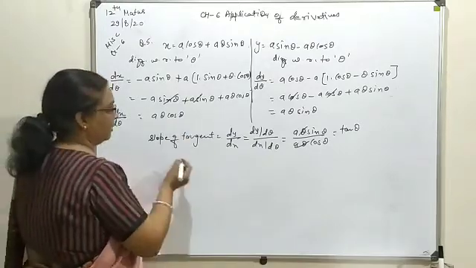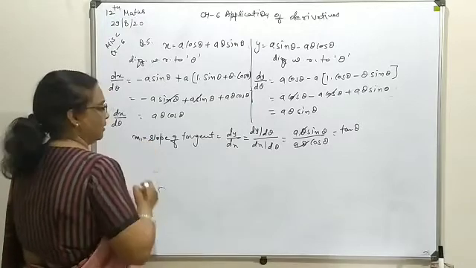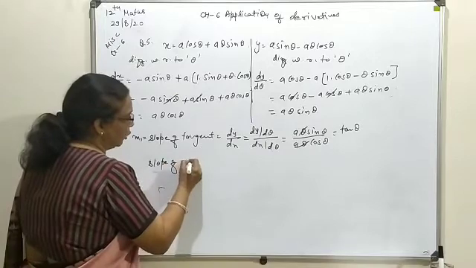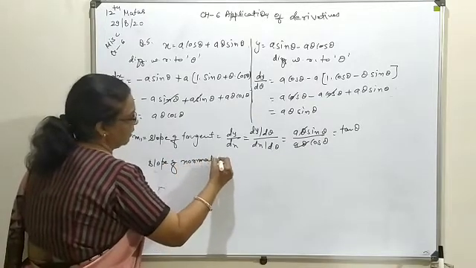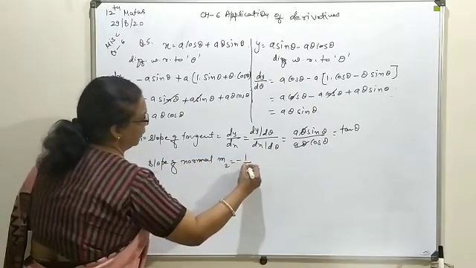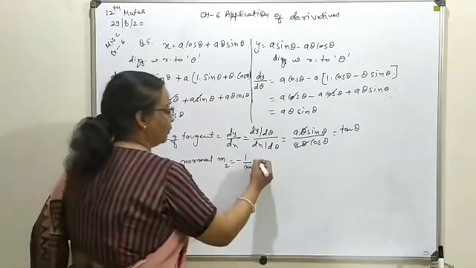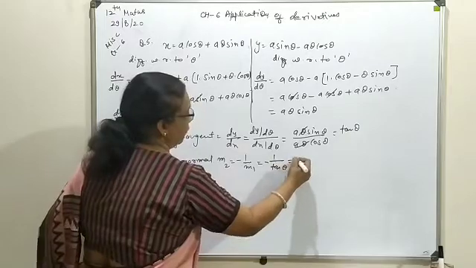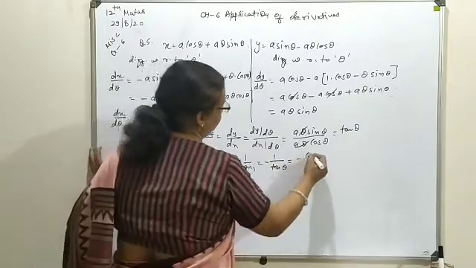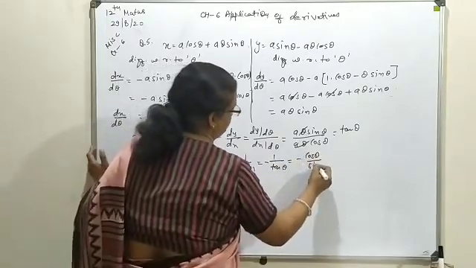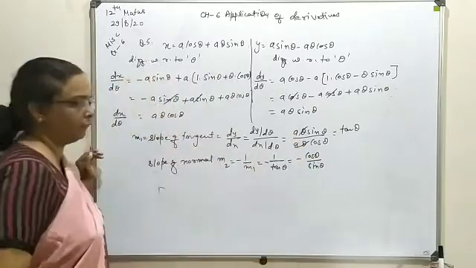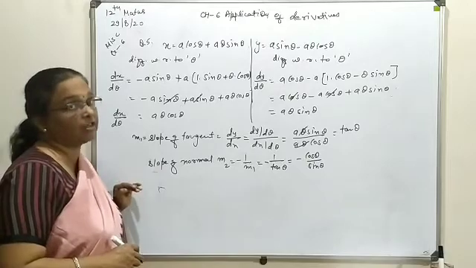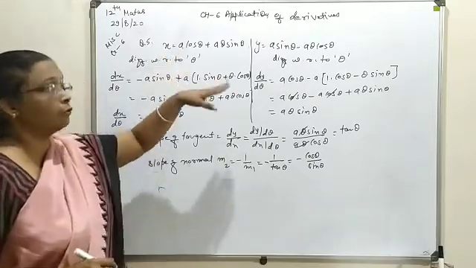So next we will write, and suppose we will take it as m1. So the slope of the normal we can write as m2 equals minus 1 upon m1. So that will give you minus 1 upon tan theta, or you can say minus cos by sine, the reciprocal of the tangent form. Now this slope you will use to find the equation of the normal at the given point.